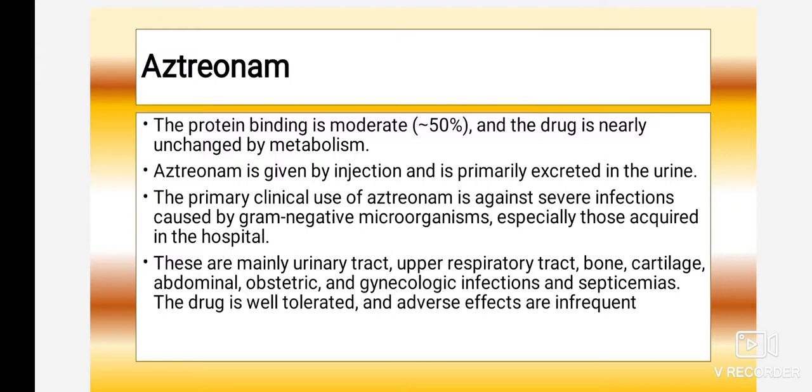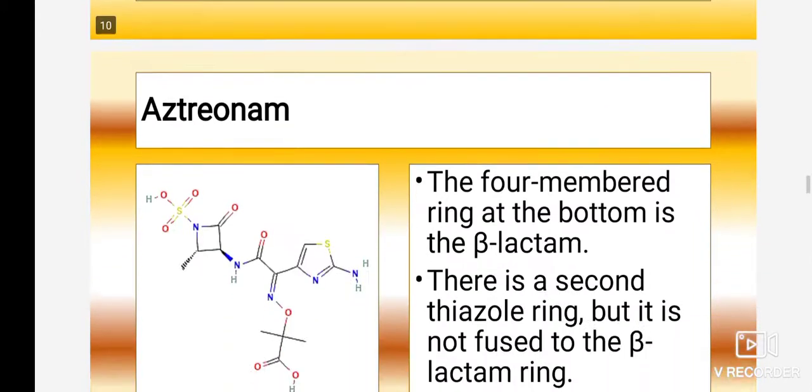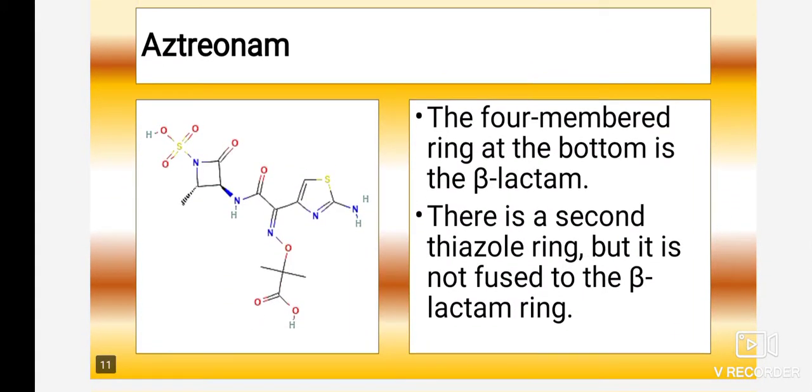If there is a question, explain the mechanism of action of monobactam, in that you have to explain the affinity towards the penicillin binding protein, and what is the indication, or what is the main use, or in which treatment Aztreonam is prescribed. At that time you have to explain these infections, mainly the infections that are caused by gram negative microorganisms. So this is the structure of Aztreonam.